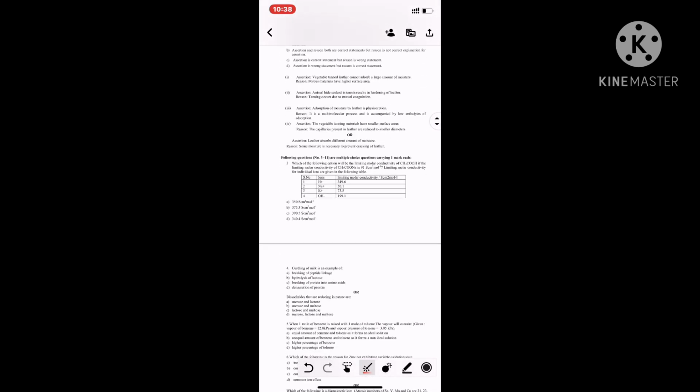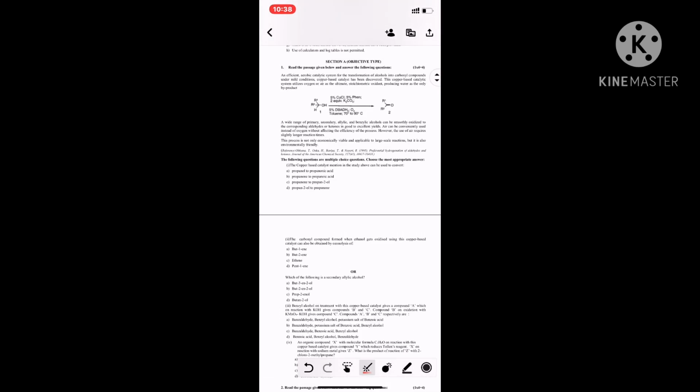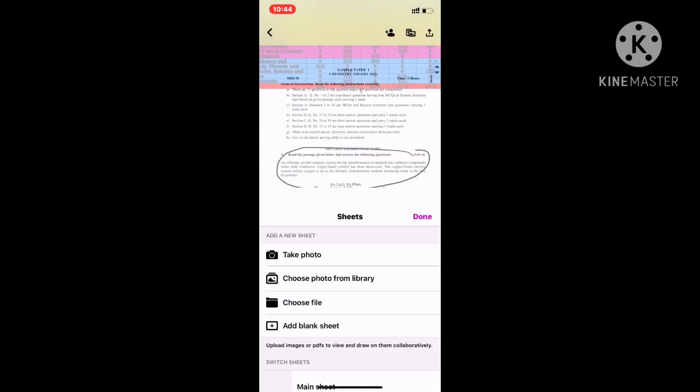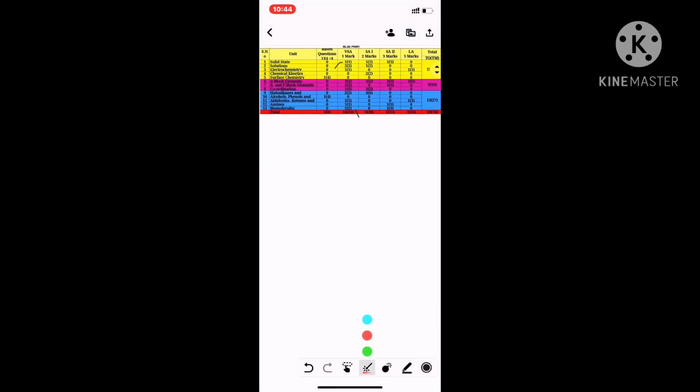Now let us see what your chapter weightage will be. Here we are not doing chapter weightage this time. CBSE is not interested in chapter weightage this time. Now let us see the blueprint of the paper. In the blueprint you can see that chapter wise weightage is not there. Rather than chapter wise weightage, there is a part wise weightage. Your physical portion, that is the first 5 chapters, is of 24 marks. Your inorganic portion, 3 chapters, P block, D and F and coordination, is of 19 marks, and the organic is of 27 marks. So your first book is of 43 marks and the second book is of 27 marks.